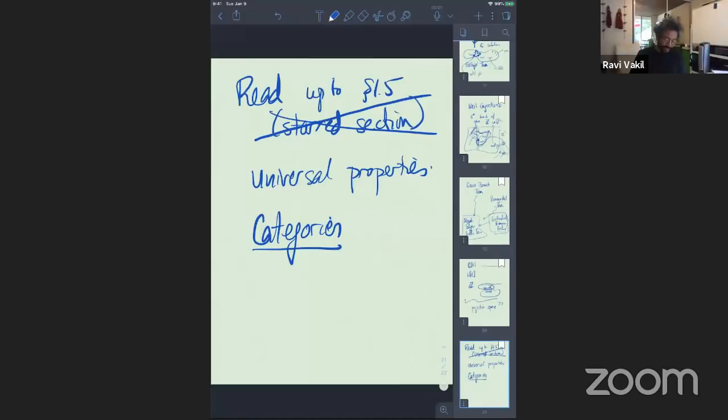There are lots of parts of mathematics you've seen, like vector spaces. There are a bunch of vector spaces and there are linear maps between them, or there are sets and there are maps between them, or there are topological spaces and continuous maps. Basically, you have things and you have maps between them. And so these things can be vector spaces.